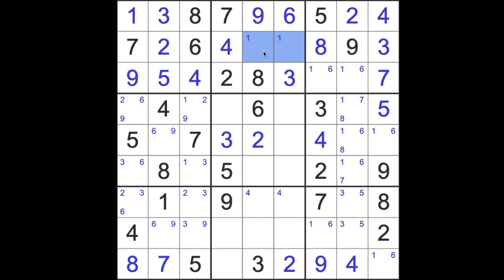Okay, and the missing number here has to be 5, like that. Okay. Oh, it's also tidy and easy looking now. Anything else I can do that I've forgotten to do? Yeah, there's a 9 here, and I've got to remove candidate 9 there, that's for sure. Okay, so let's